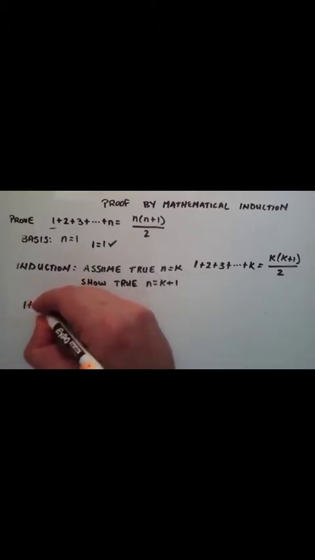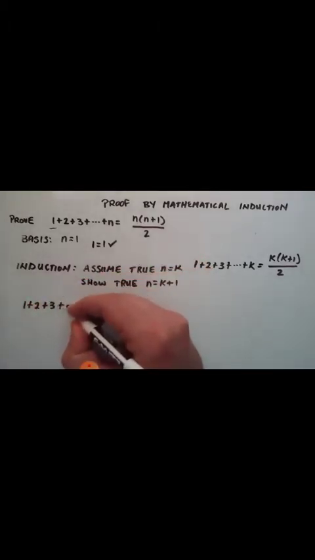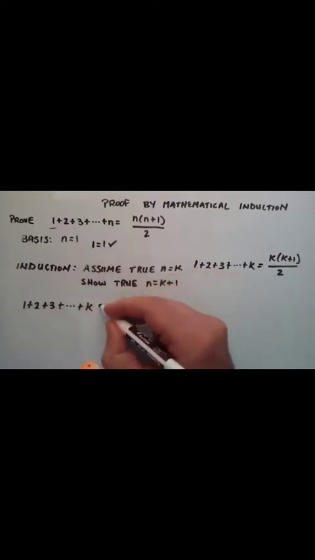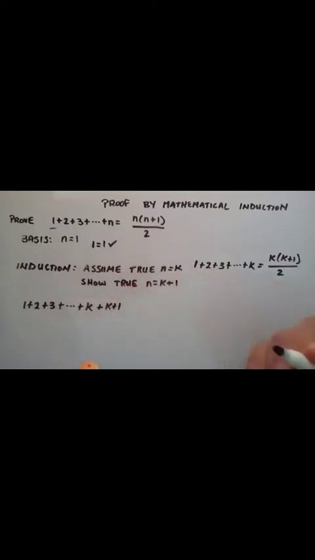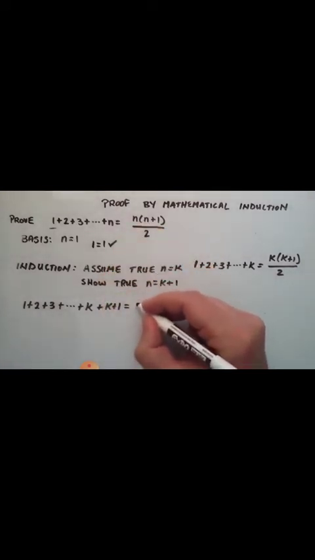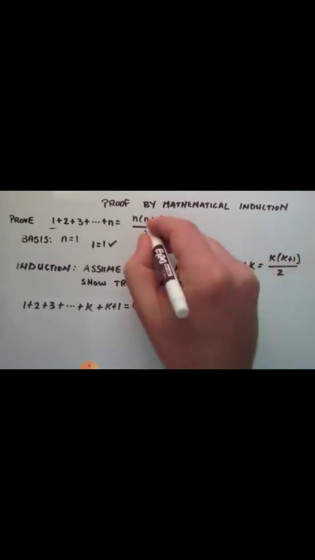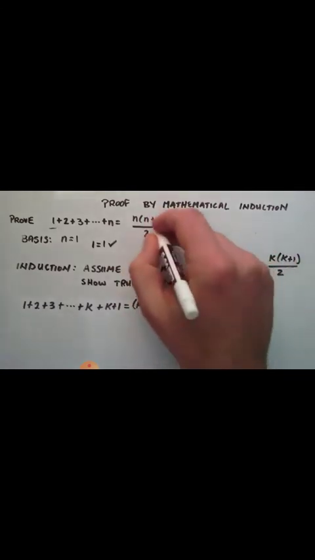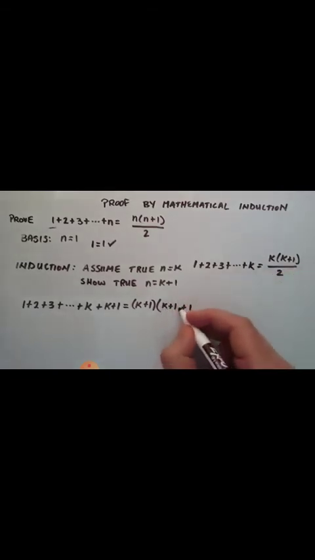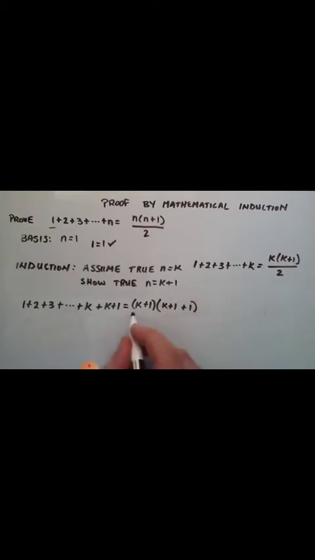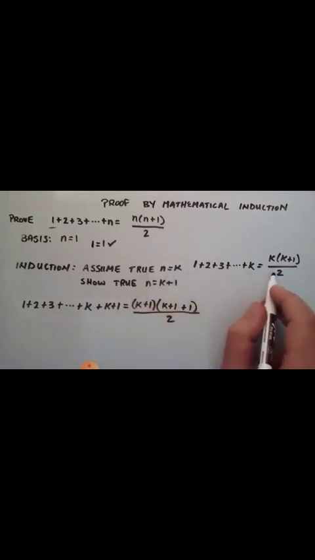Here we have assumed that if this statement is true for n is equal to k, then it will also be true for n is equal to k plus 1. So we put n is equal to k plus 1 in the left hand side: 1 plus 2 plus 3 plus dot dot k, and one more term, k plus 1, will be put here. So the equation becomes 1 plus 2 plus 3 plus dot dot k plus k plus 1, and putting k plus 1 into the right hand side, we get (k plus 1)(k plus 1 plus 1) by 2.